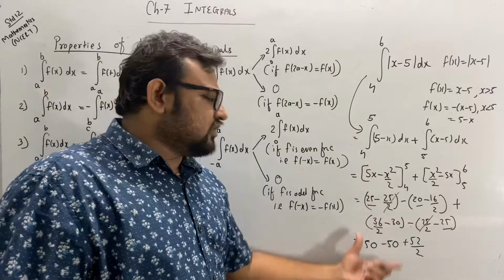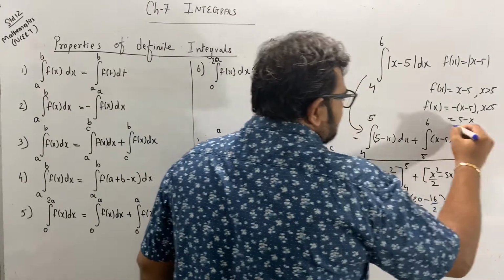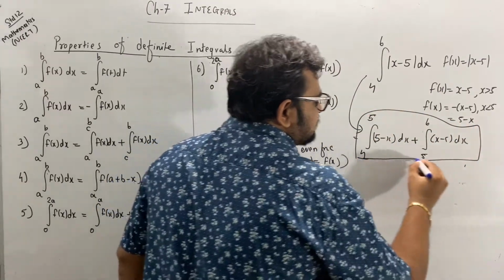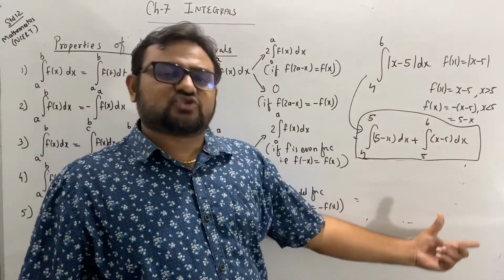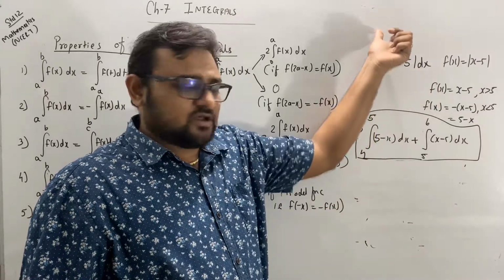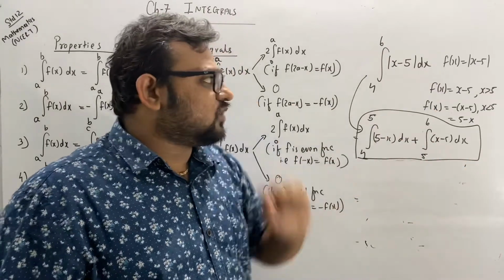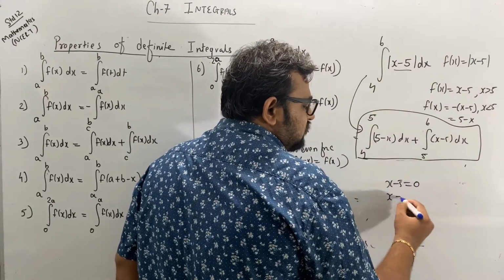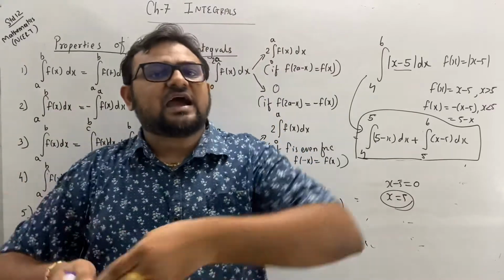okay, so the calculation you can do later on, right, but the important thing is this one. So you have to split this modulus function in this way and then it's easy, you can solve it, right? See, you cannot take x minus 5 directly from 4 to 6. You have to split this into two functions. So now how to solve this, what do we have to do? If this modulus function is given, take x minus 5 equal to 0, so x is equal to 5. So now take two intervals, before 5 and after 5.